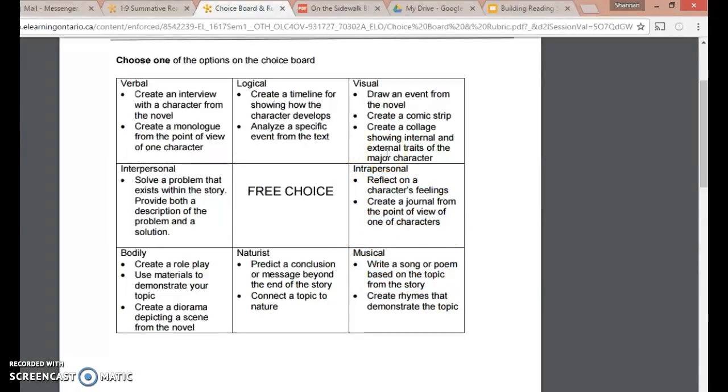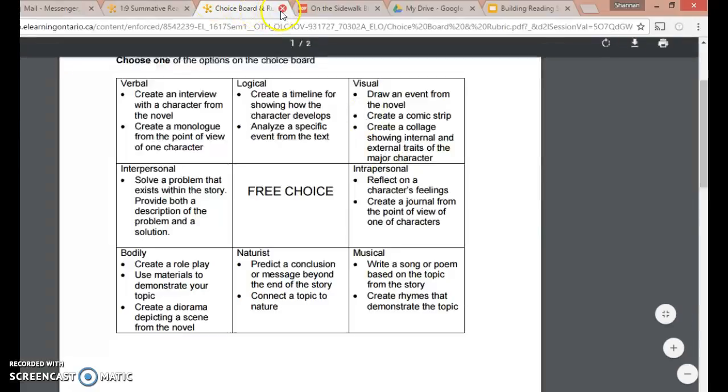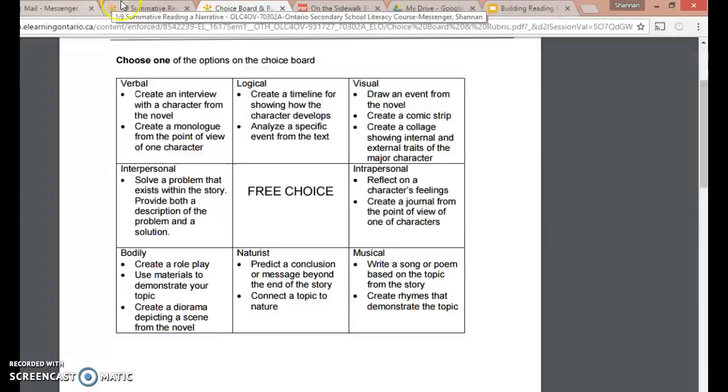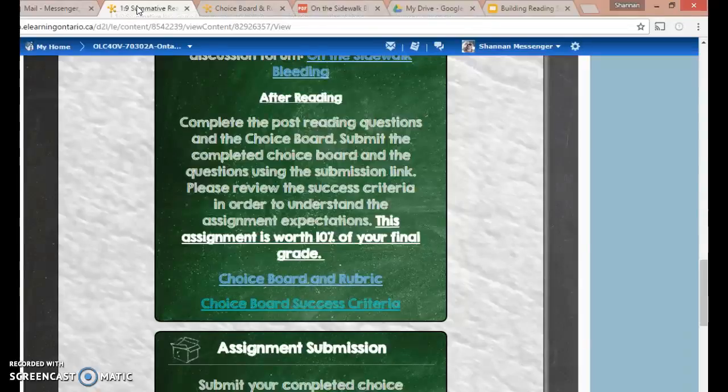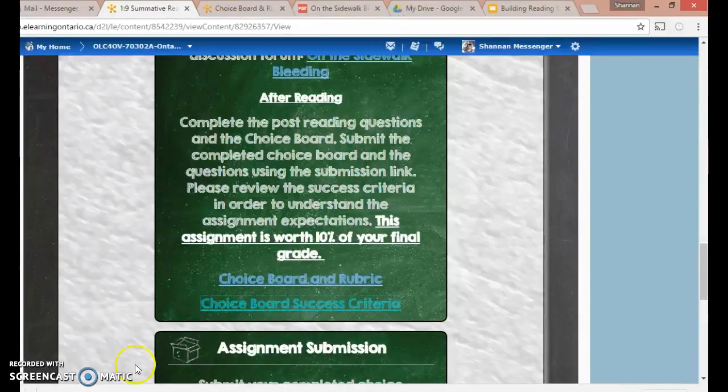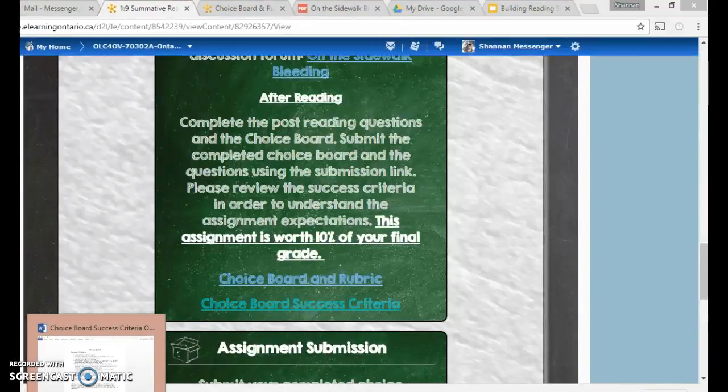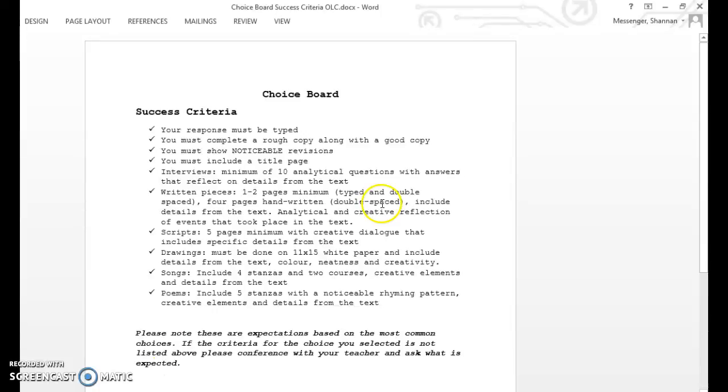Okay? So you're selecting your activity, and then once you've selected your activity, you're going to be moving on to actually completing your activity. You might say to yourself, well, what is expected of me in this activity? This is where your choice board success criteria comes into play. If we open it up here, you can see these are all of the components that are expected of you